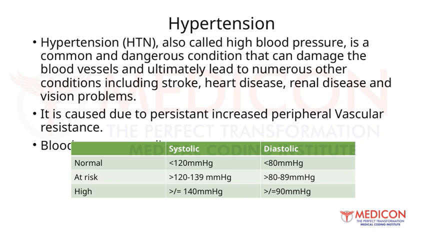Now, when we talk about blood pressure readings, there are specific categories to keep in mind. Normal blood pressure is less than 120 over 80 millimeters of mercury. If your readings are between 120 and 139 systolic or 80 to 89 diastolic, you're considered at risk, meaning you should be mindful of your health and possibly make lifestyle adjustments. Once your blood pressure reaches 140/90 or higher, it's classified as high, and this is when it becomes important to